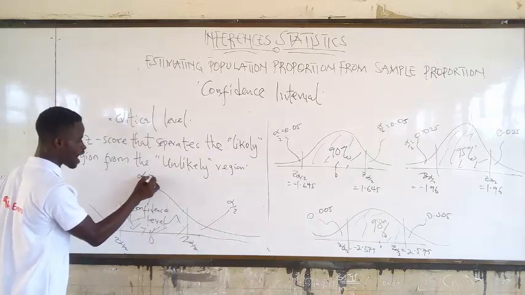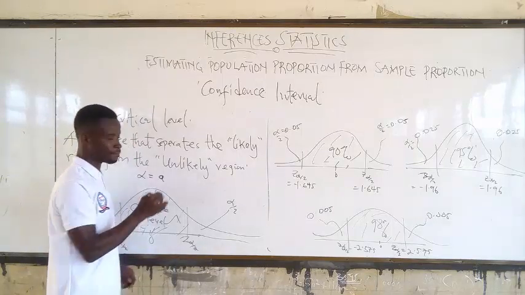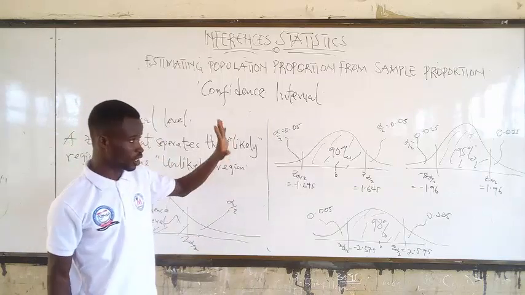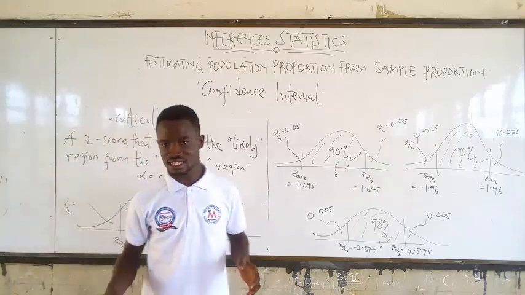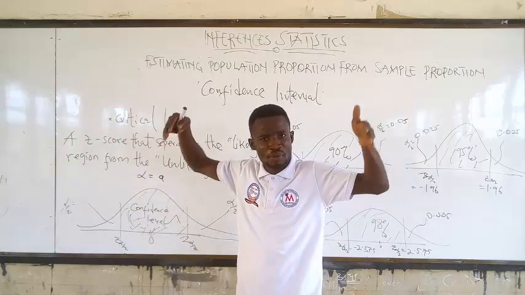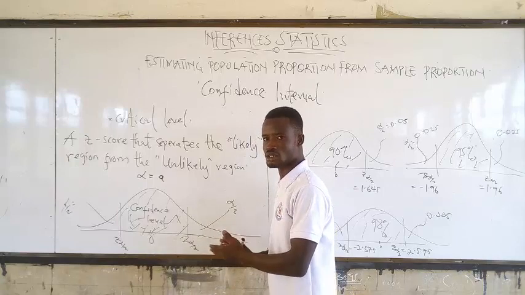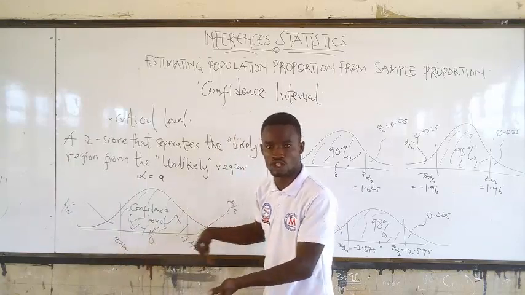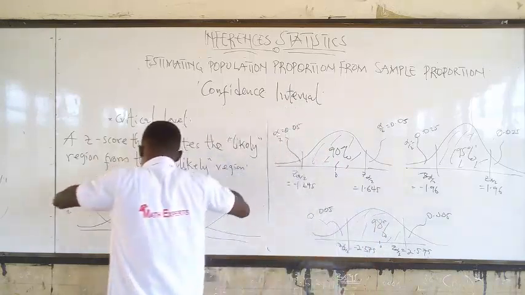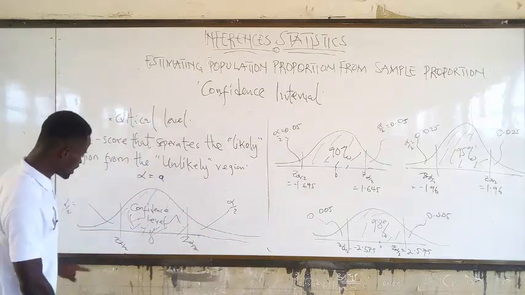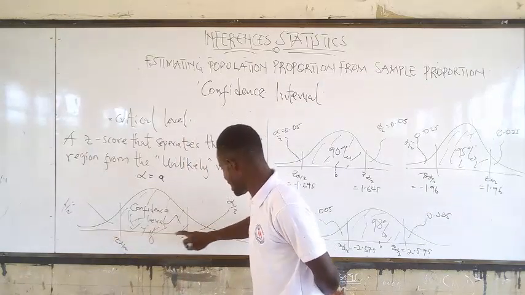But don't forget, if alpha is given to you, let's say the alpha is equal to A. I don't want to be specific for now. So if the alpha is A, know that your confidence level is going to be within an interval. It's not going to be skewed left or skewed right. It's going to be within an interval. So the z-scores that we are going to have here and here,